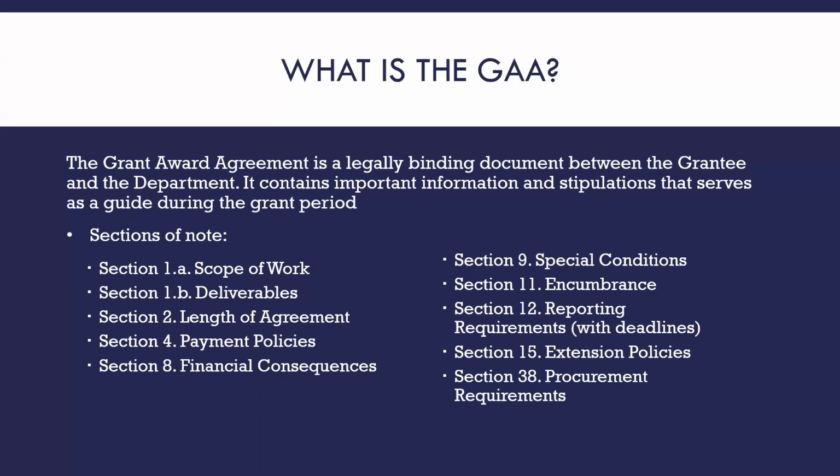So in there is going to be the scope of work, the deliverables, and by deliverables we mean what you need to do in order to receive payments, how long the agreement is, what the payment policies are, financial consequences if you don't meet the deliverables, if there are any special conditions, what we mean by encumbrance, the reporting requirements